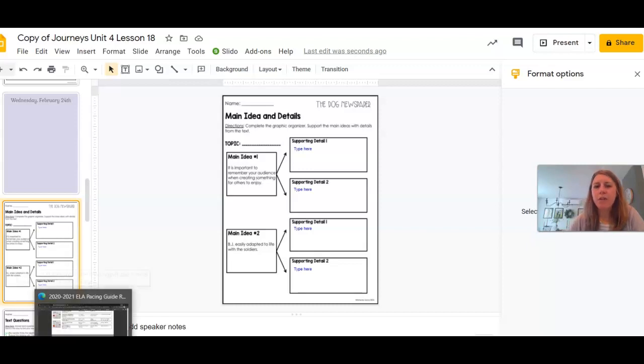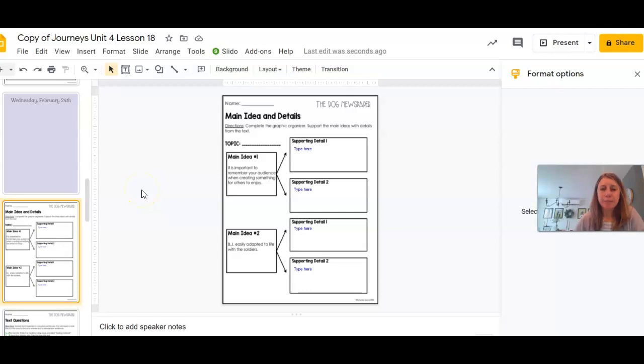Right, so now that you've reread the story, The Dog Newspaper, today we're going to talk about main idea and details. So I've already given you the main ideas. What I need you to do now is go back into the story and look for any supporting details that you can find. So if we look at the first main idea,